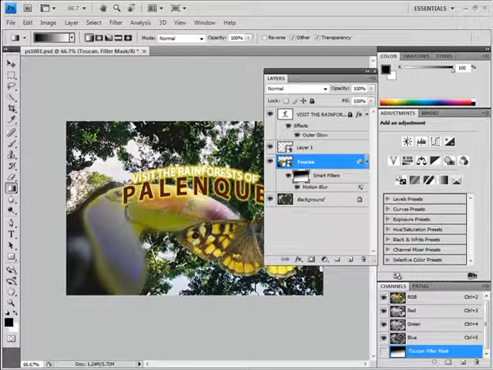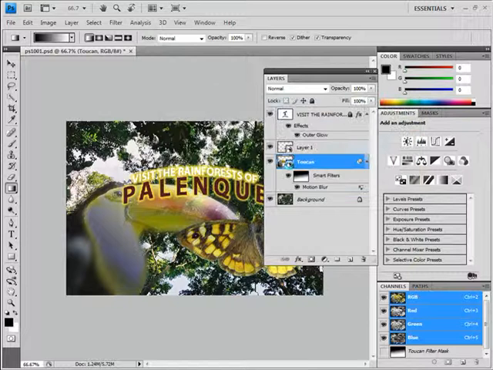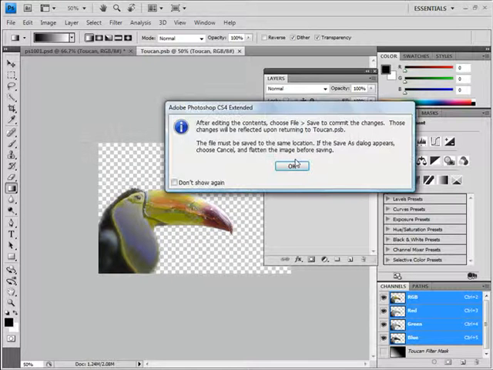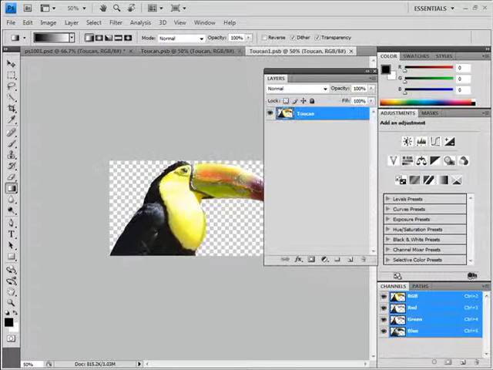Okay, so what's happened here is this. I actually have an embedded file in an embedded file. If I double click on this, I can open up the original image and you'll see there's my original. Here are my original filters that I ran, and I can even double click on this and open up the original toucan. So lots of ways that you can play with this. It's almost mind-boggling, but you can have a lot of fun with this, and yet when I come back to all of these images,